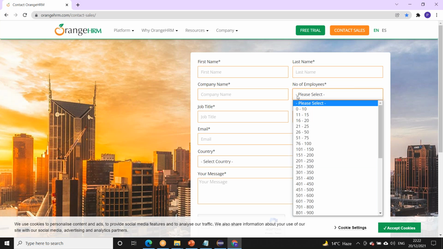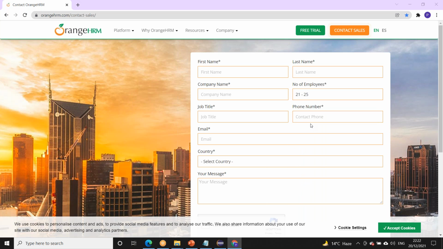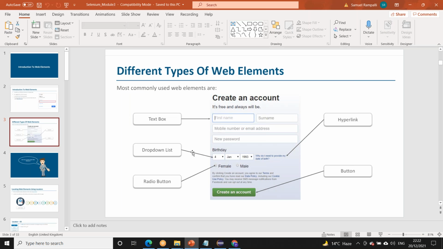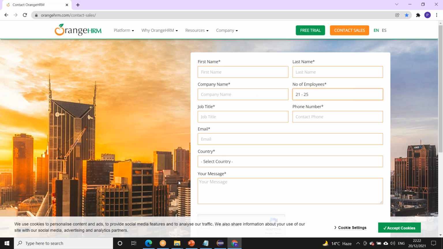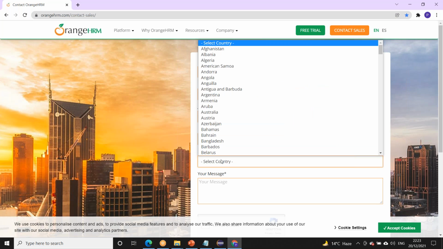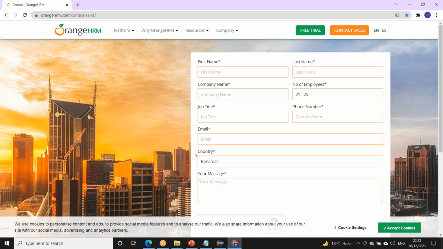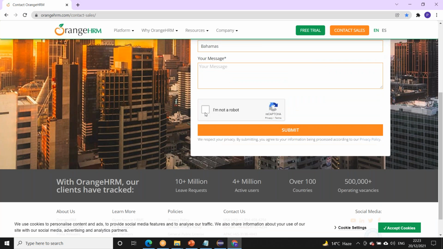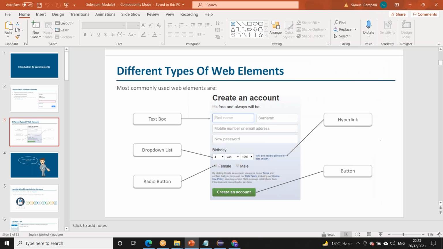This is a drop down list. So we have different drop down lists, text box, radio button, and this is also a drop down list, country, and then we have a check box, we have a radio button. These all are the web elements.